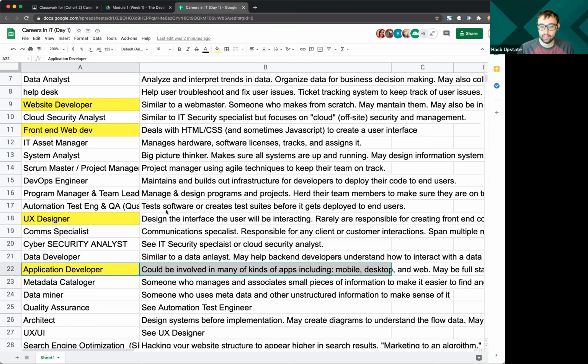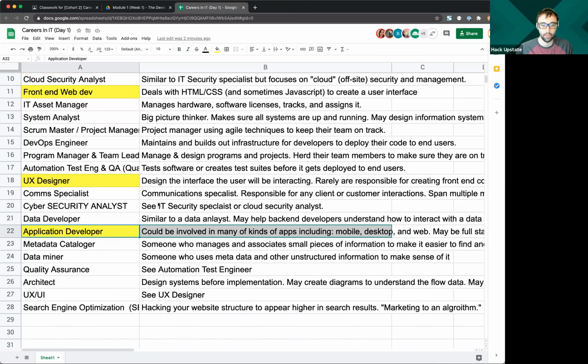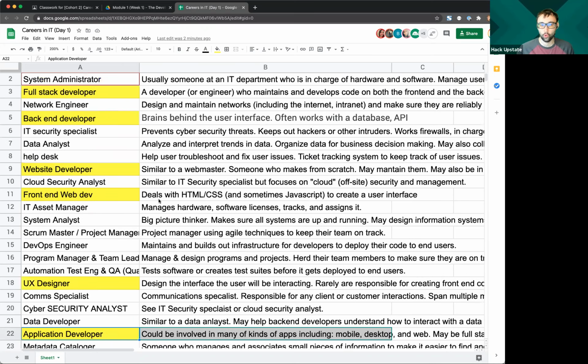And that's something that you could do coming out of this program. And that's pretty much the core of all the things on this list. It's possible that you could come out of this program and start working at a help desk. It is possible that you could go into any one of these on the list, but these are kind of the main primary ones.